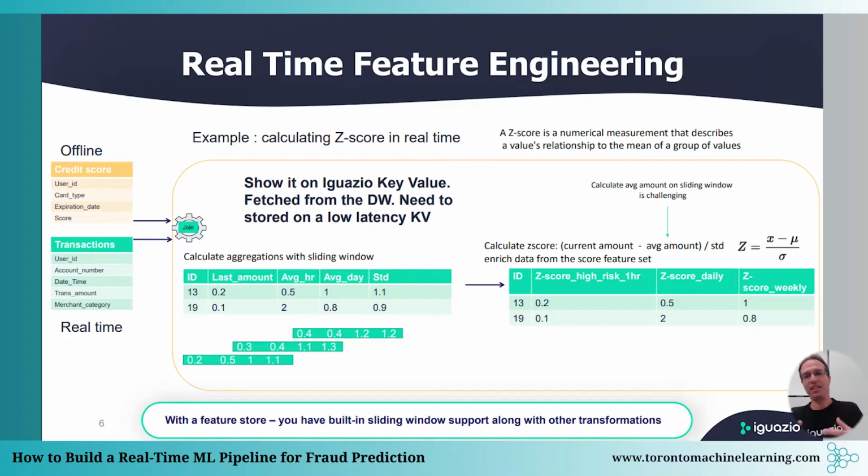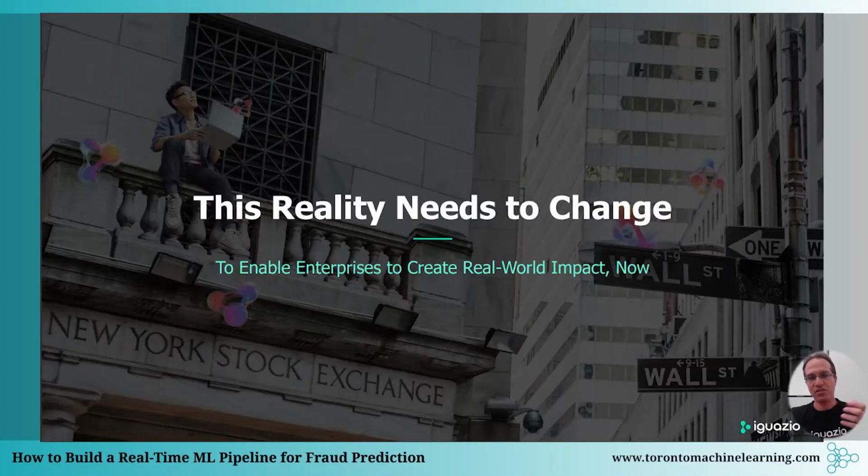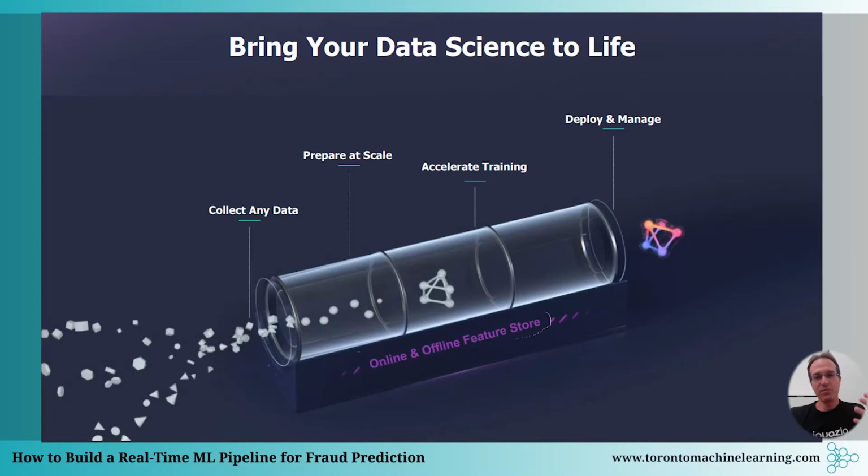Now, how do you do that in production? How do you do it in an operational pipeline and not just in the research environment? This is what it's all about. And those are the challenges that many customers are facing. So in Iguazio, we basically created a data science platform where the idea is to make this process much easier, much smoother. And that's what I'm going to show you later on in the demo.